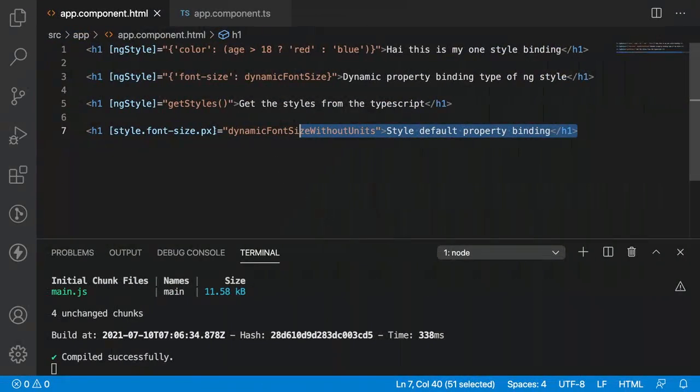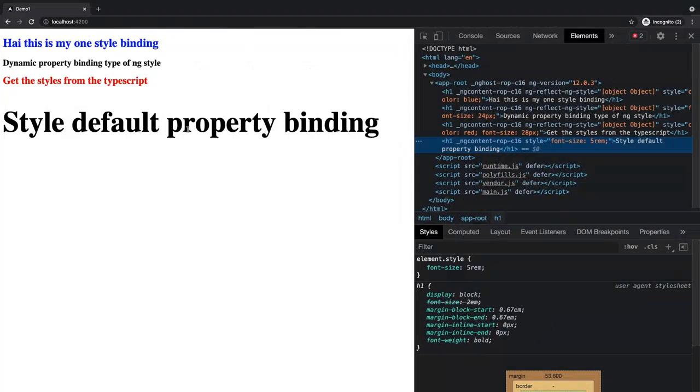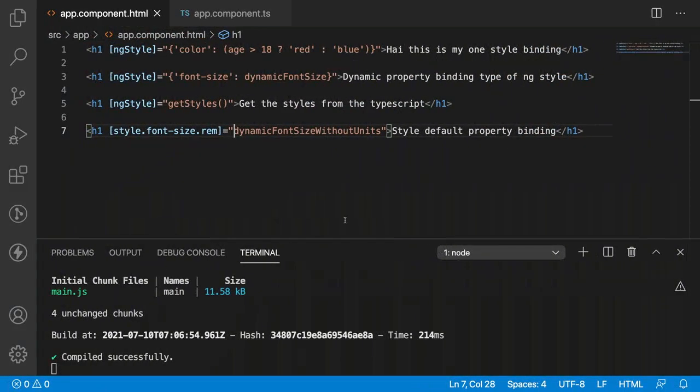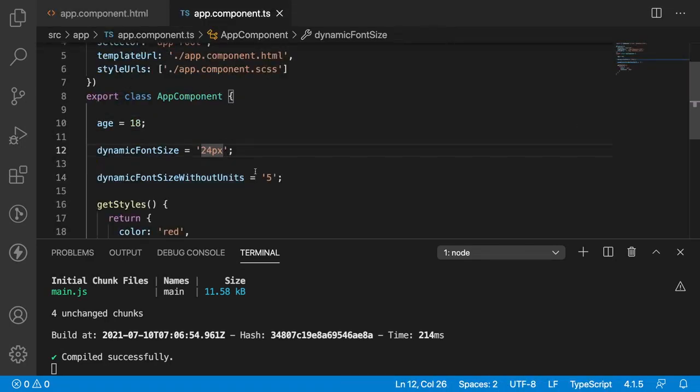And we can even change it to REM. There is one more unit for font size called REM. Let me save this and you can see the size is very big and it is equal to 5 REM. So this is how you can make it a strict check for our units. And if you don't want to maintain a strict check, it is recommended to pass the pixels or REM, the units, from the TypeScript itself.